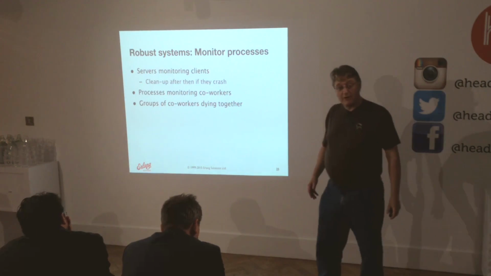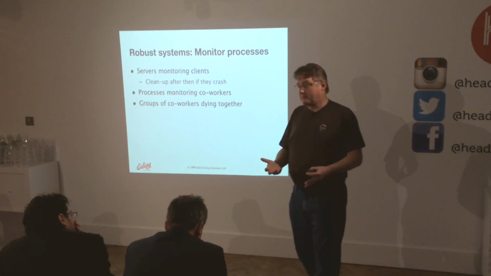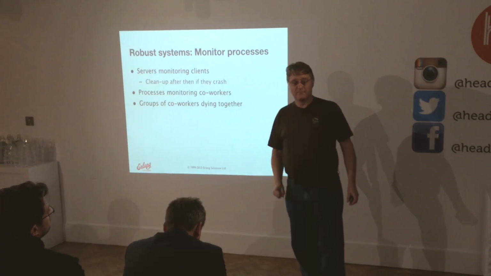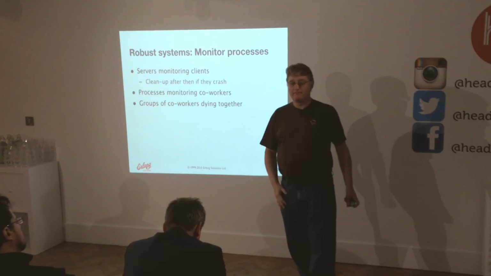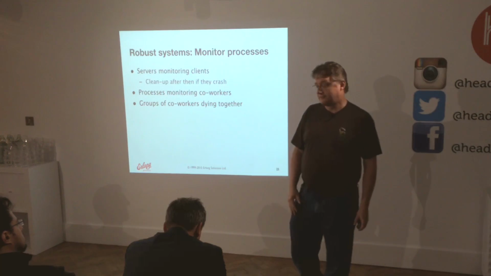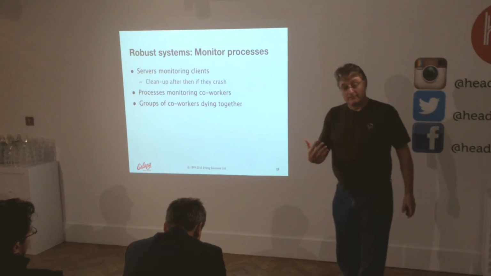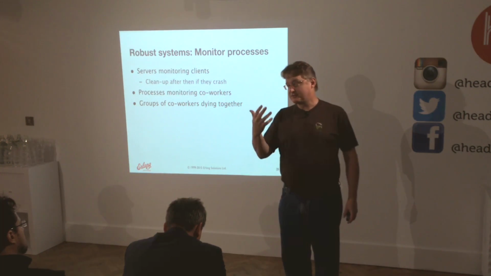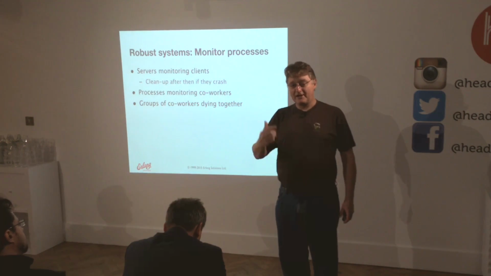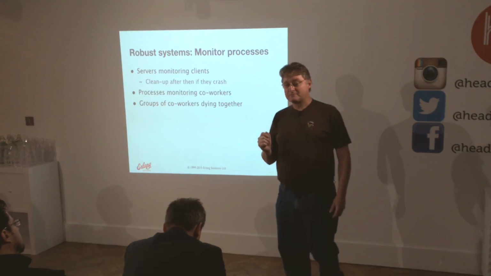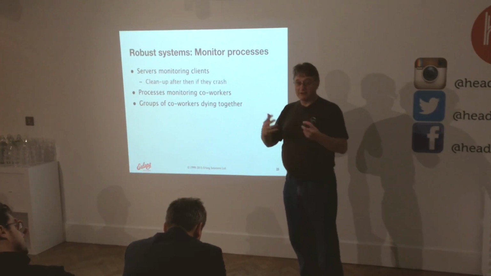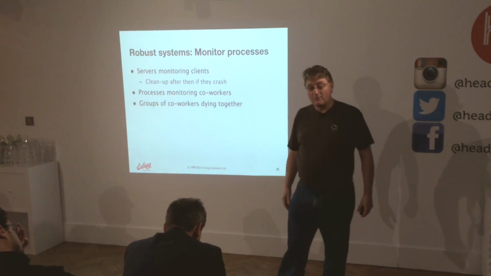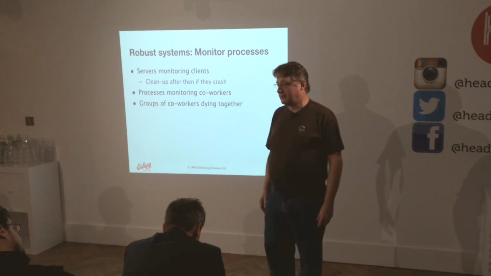The other thing is, okay, how do I clean up after a process? I'm a service. I'm a server. I provide a service, and a process has allocated something from me, and it crashes before it deallocates it. How do I handle that? I can't leave it, because then I'll just run out of things. I can link to it and trap exits. When it crashes, I'll get an exit signal, which converts to a message. I can receive that and say, now that process has died, and I can clean up after that process and reclaim things, whatever I need to do. And that's basically how it works. Strangely enough, it works.